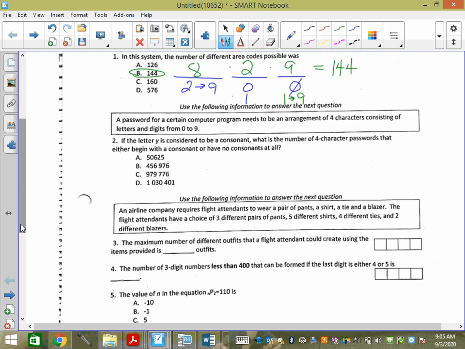Number 2. A password for a certain computer program needs to be an arrangement of 4 characters consisting of letters and digits 0 to 9. So total, how many options do we have if we had no restrictions? Yes, 36. You have 10 digits, 26 letters. If the letter Y is considered to be a consonant, what is the number of 4-character passwords that either begin with a consonant